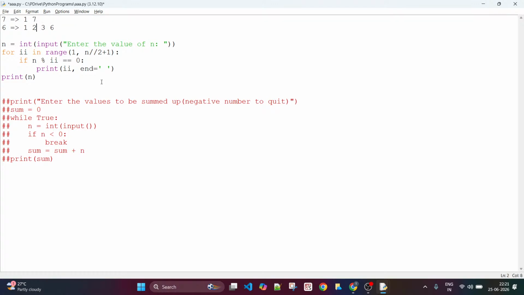But if you look at 6, apart from 1 and itself, you also have other factors. So here 7 is called a prime number, 6 is called a composite number,